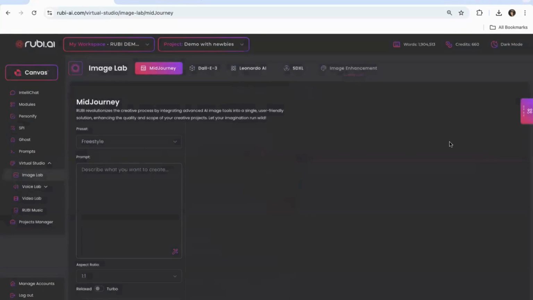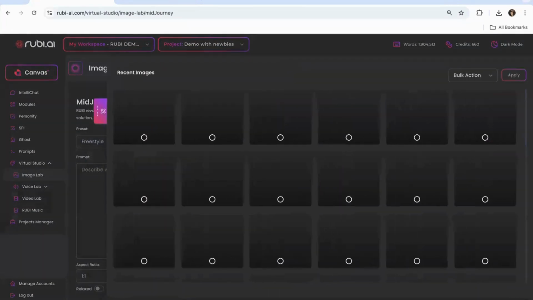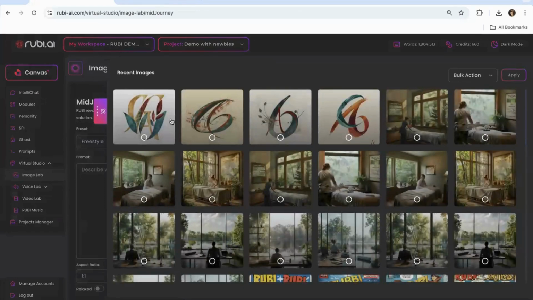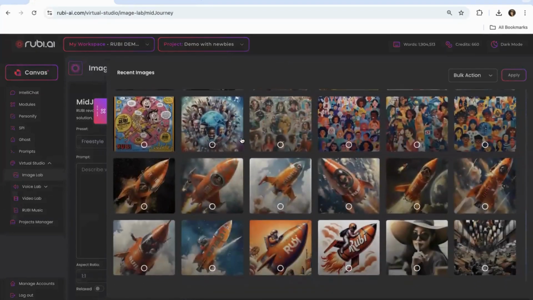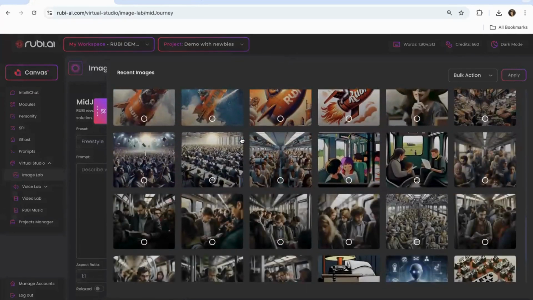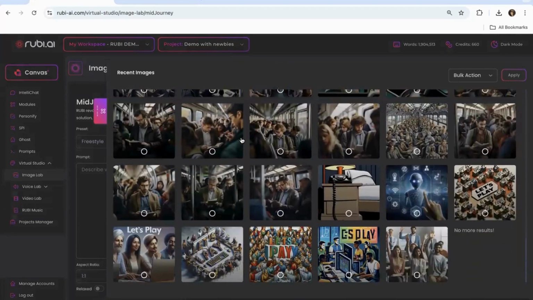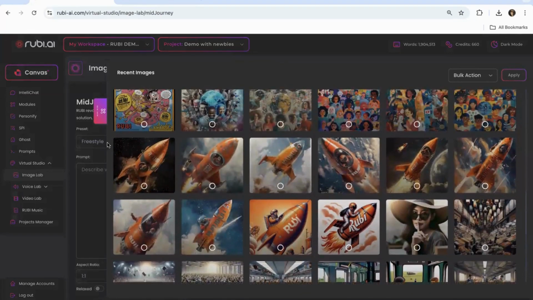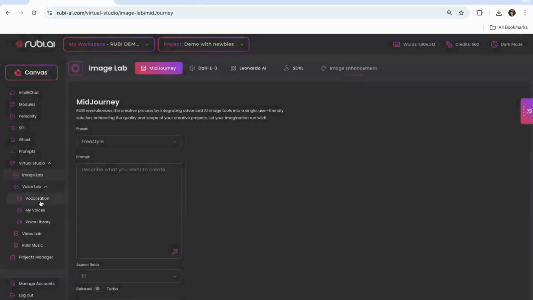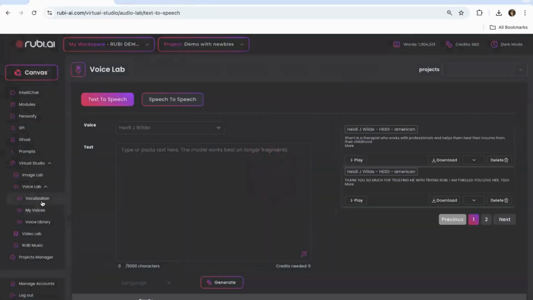I'm going to show you some images that I've done. I just did these for someone, logo. I did the 3-month marketing plan for this woman before me. And then I dumped that in. Look at all these cool images, you guys. I can create an image, but first I'm going to go to Voice Lab and show you this has 1,000